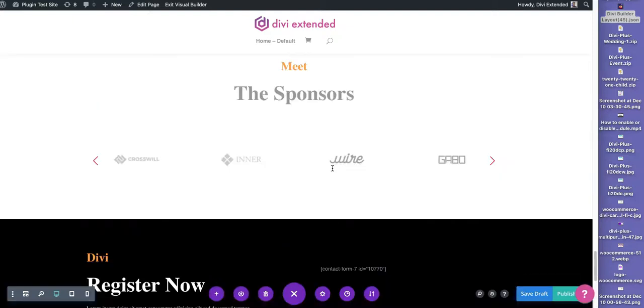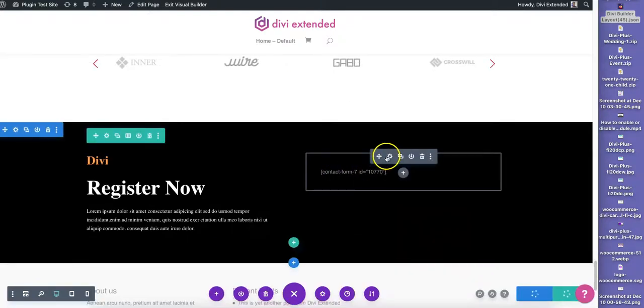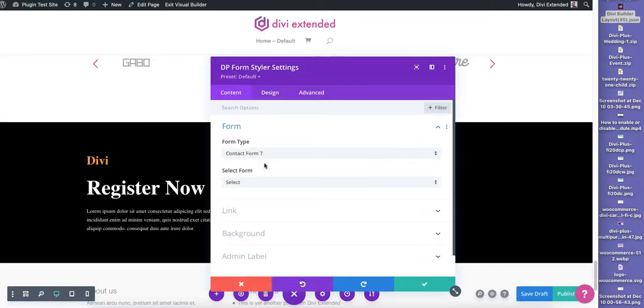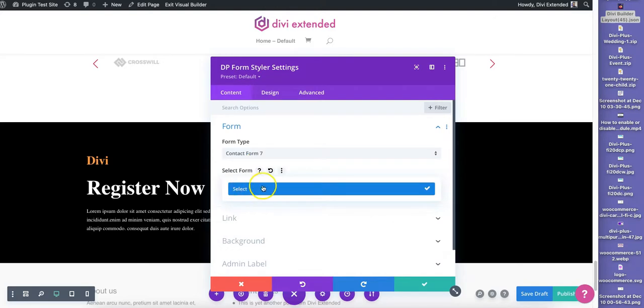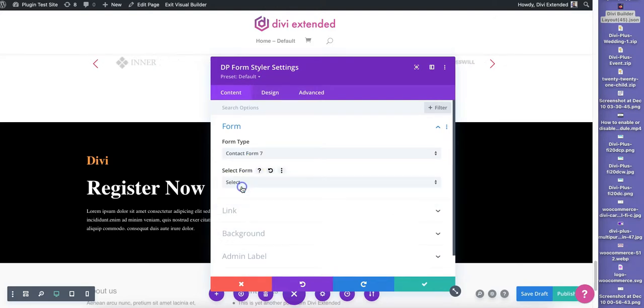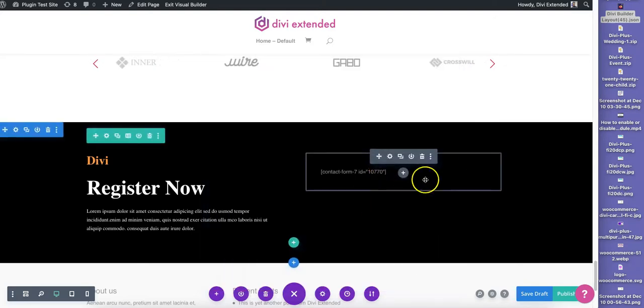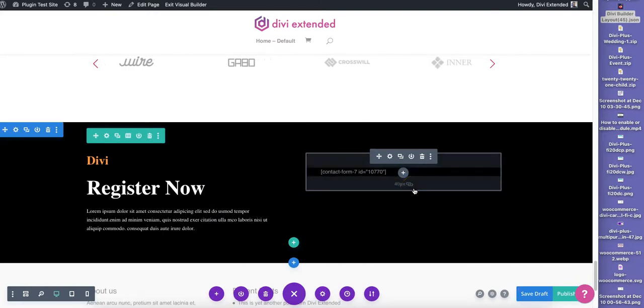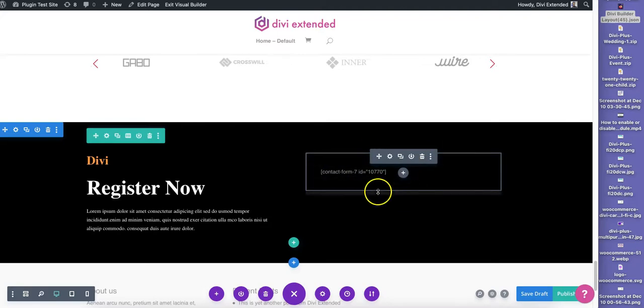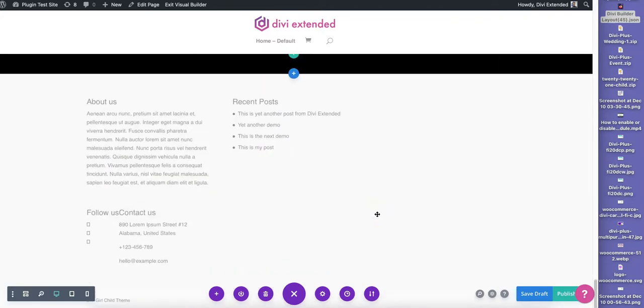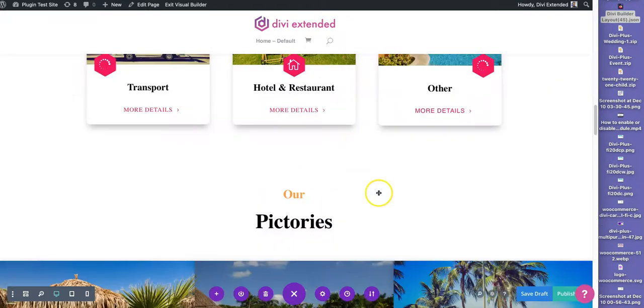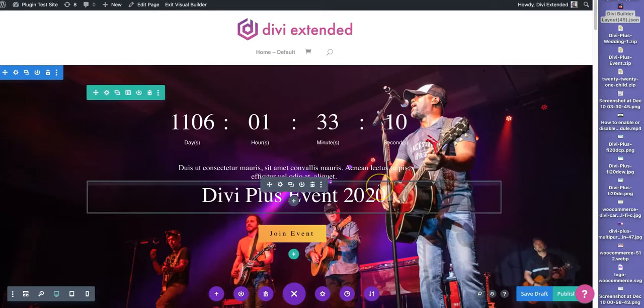At the end we have a contact form, a module which styles Contact Form 7. So if you have Contact Form 7 installed, the list will be displayed, and just pick your form and this will start to appear. We do not have Contact Form 7 on this website, so it will not appear. You can continue to use it or have it replaced with the Divi or any other form. So that was the process of importing the events